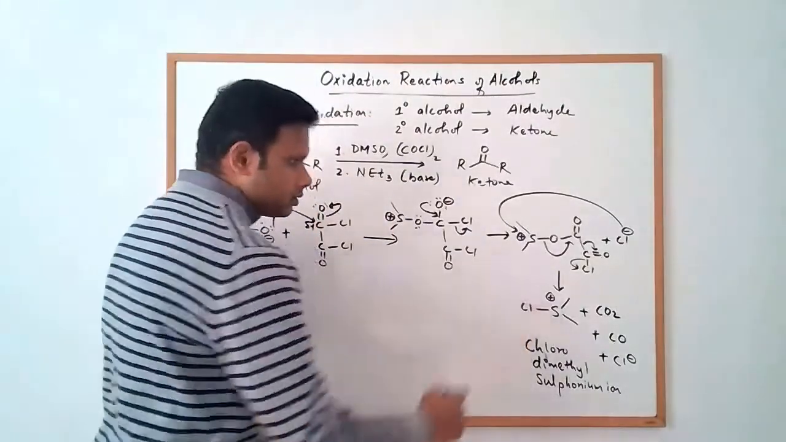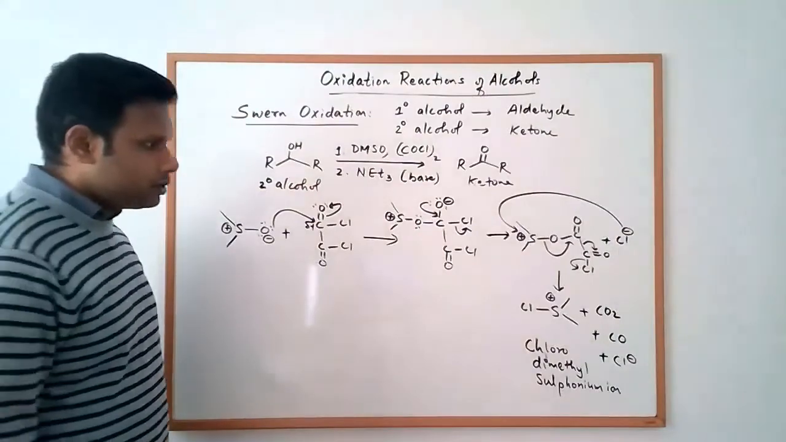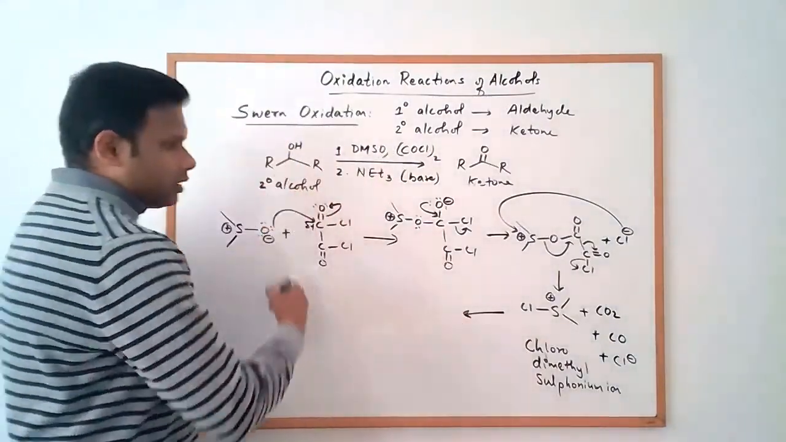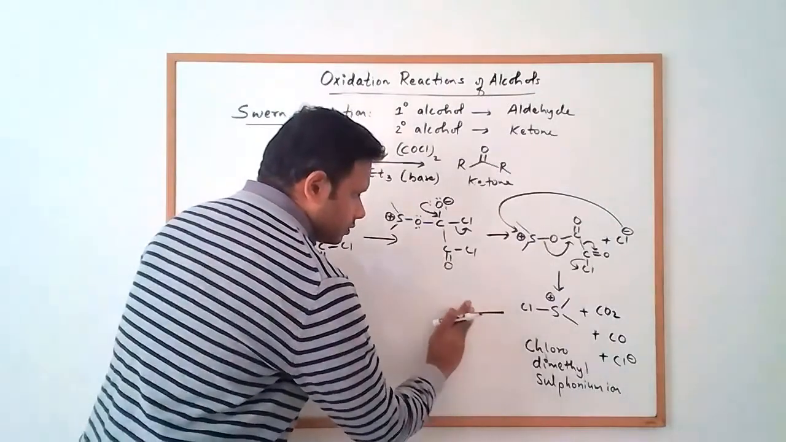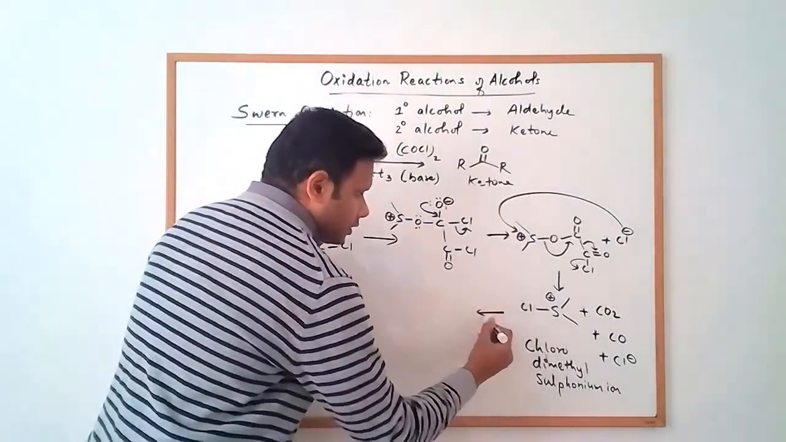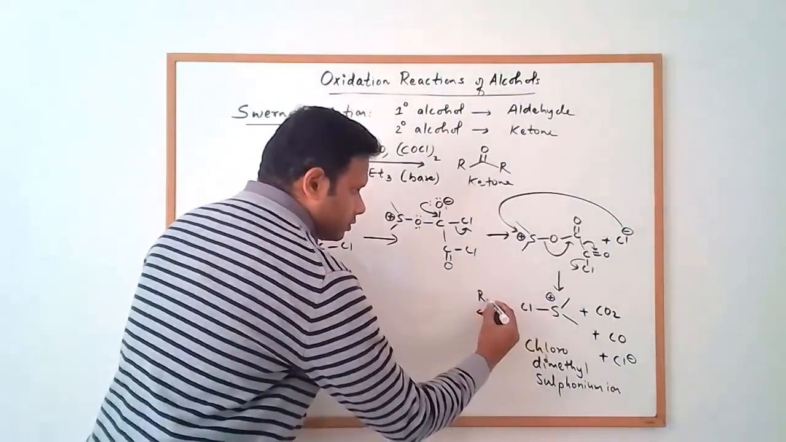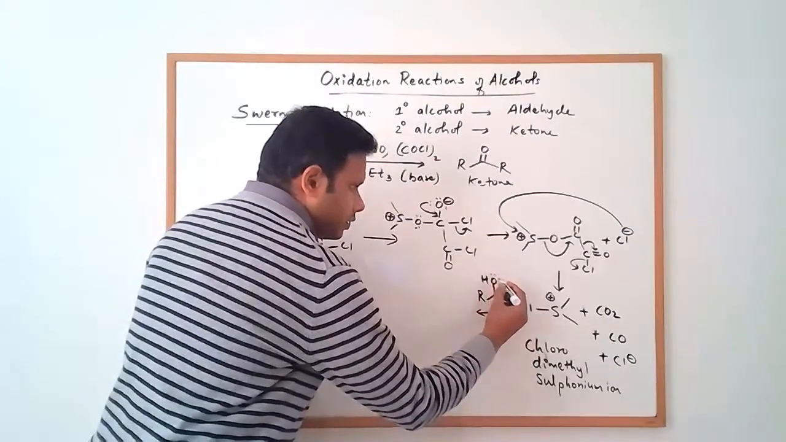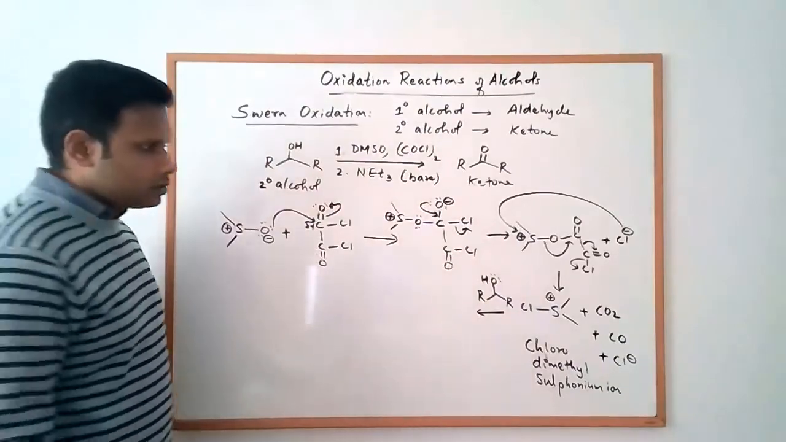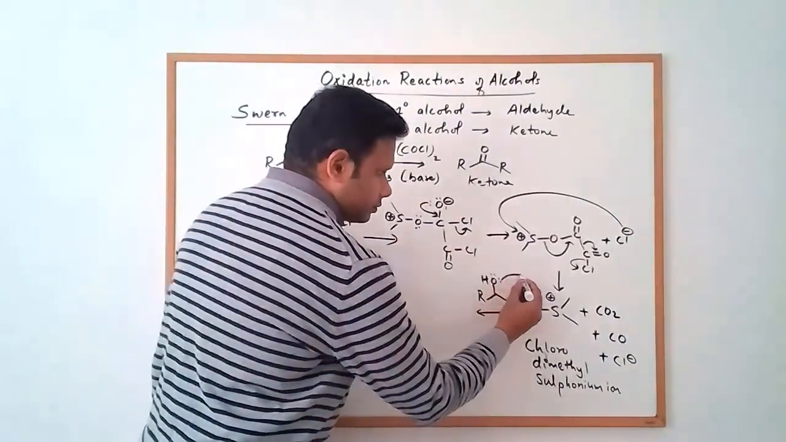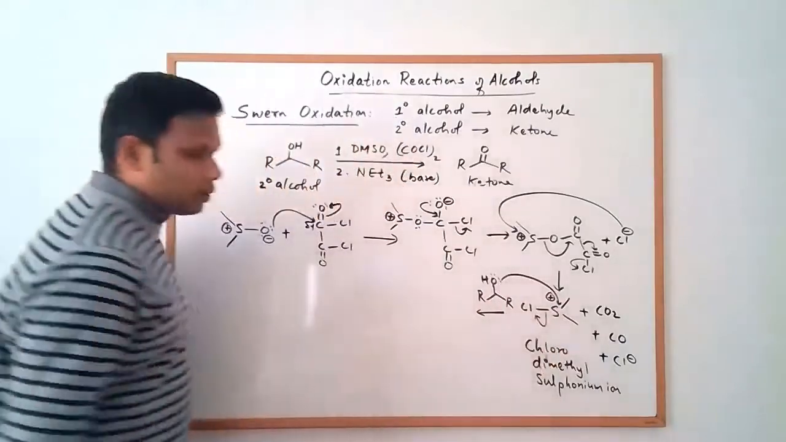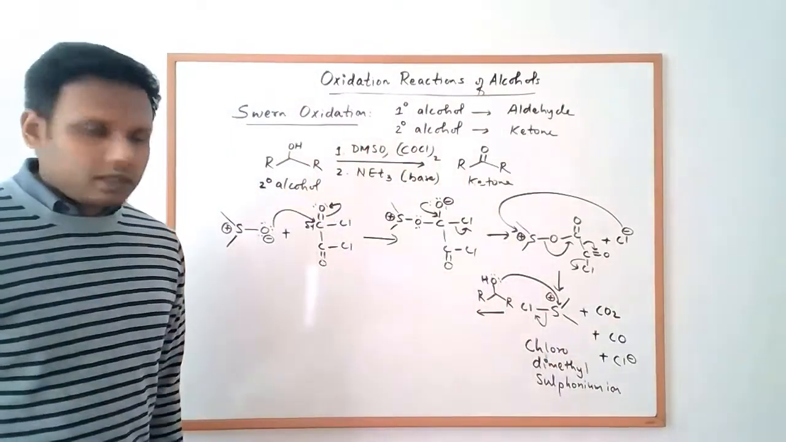So once we've generated this chlorodimethyl sulfonium intermediate, this is when our alcohol comes in. Okay, so the alcohol comes in. That chlorodimethyl sulfonium intermediate is now attacked by the alcohol. So the alcohol can go and attack the sulfur, and the chlorine would get kicked out,